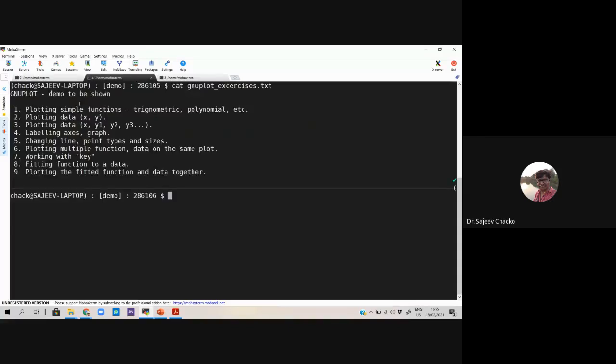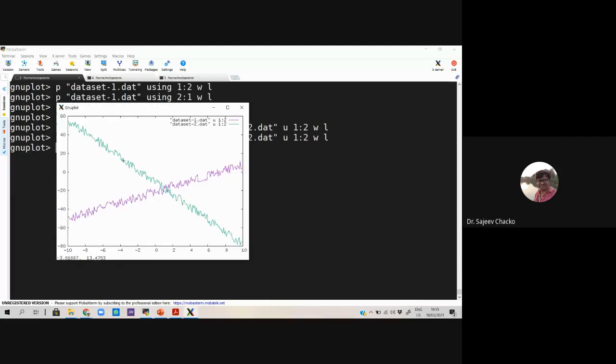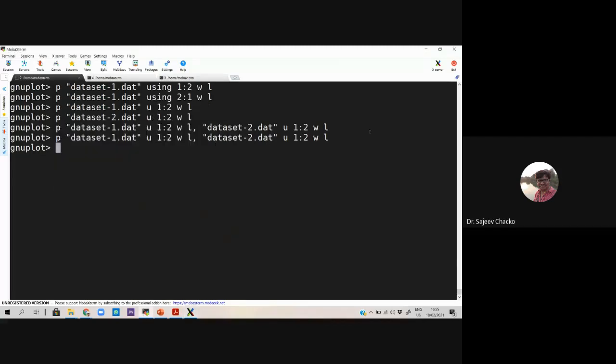In addition to this, I can also plot the functions which I had plotted earlier.